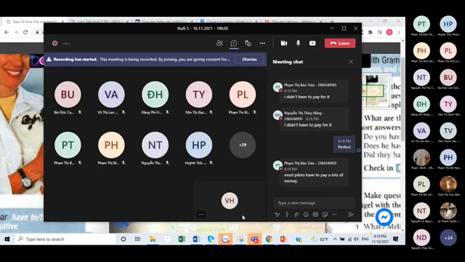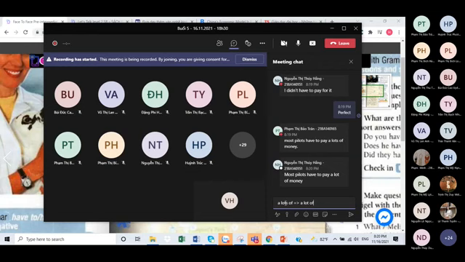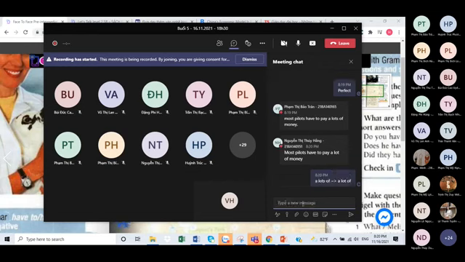Most pilots have to pay a lot of money. Okay, but there's a small minor mistake here. We cannot say this. We have to say a lot of. A lot of. All right. You can say lots of, but no